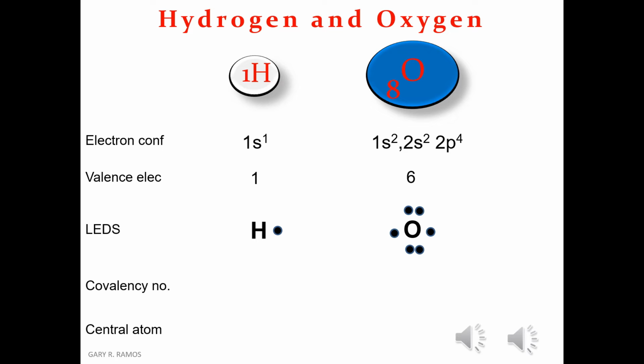After we have solved the valence electron of hydrogen and oxygen, we're going to write down the Lewis electron dot structure of both atoms. Remember, in writing down the Lewis electron dot structure, we have to consider number 1, the chemical symbol which represents the nucleus and inner electrons, and the dot which represents the valence electron. So since hydrogen has one valence electron, we're going to add one dot beside the chemical symbol of hydrogen. Now, since oxygen has 6 valence electrons, we're going to add 6 dots around the oxygen.